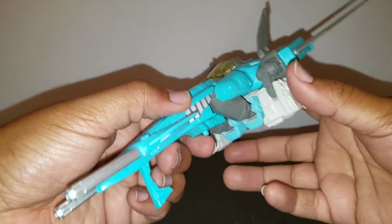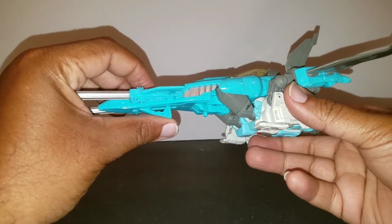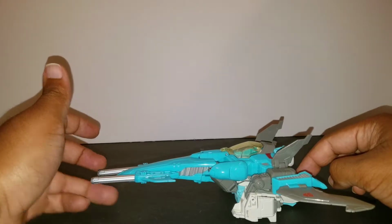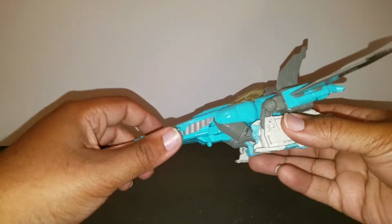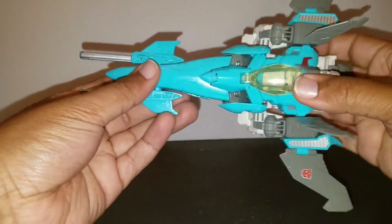And he also has a cool piece of landing gear right here, which you can use for stability when he's on the mat. I think he can still stabilize himself, but with the landing gear, he does stand up better, as he should. As for paint apps, he has some nice silver paint here on the sides of both pieces of the